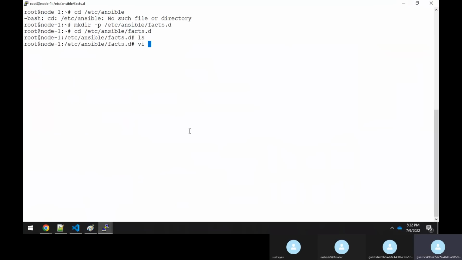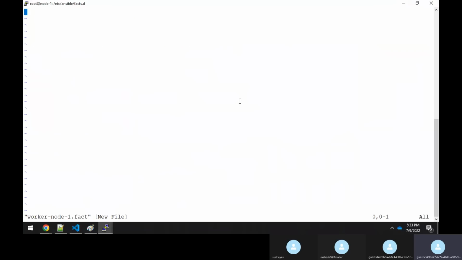Now here you create one file, any name. Something like worker-node-1.fact. The name can be anything; I can mention Rajesh.fact, anything. The name doesn't matter actually. I create a file, and here I need to create one group. Something like worker-node-1. Then what you have to write? Apache, same thing as I said. Apache = 3 point or else 4.5.6, something,